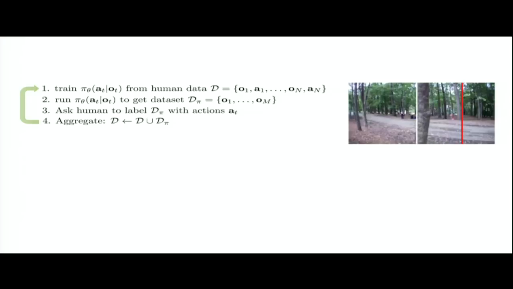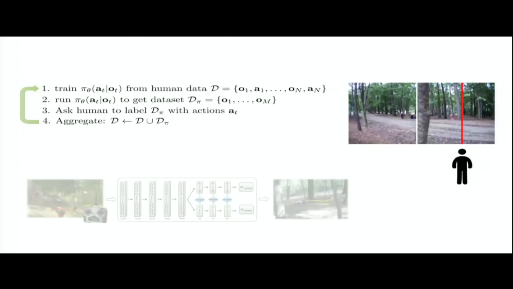What they did is they set up a little interface that's a little bit more intuitive, where they actually have a person look at a picture and they just draw a line in that picture, and they compute what the steering command should be in order to get the quadrotor to fly in the direction of that line. So they had to do a little bit of manual engineering to set up a user interface to make step 3 tractable for humans.